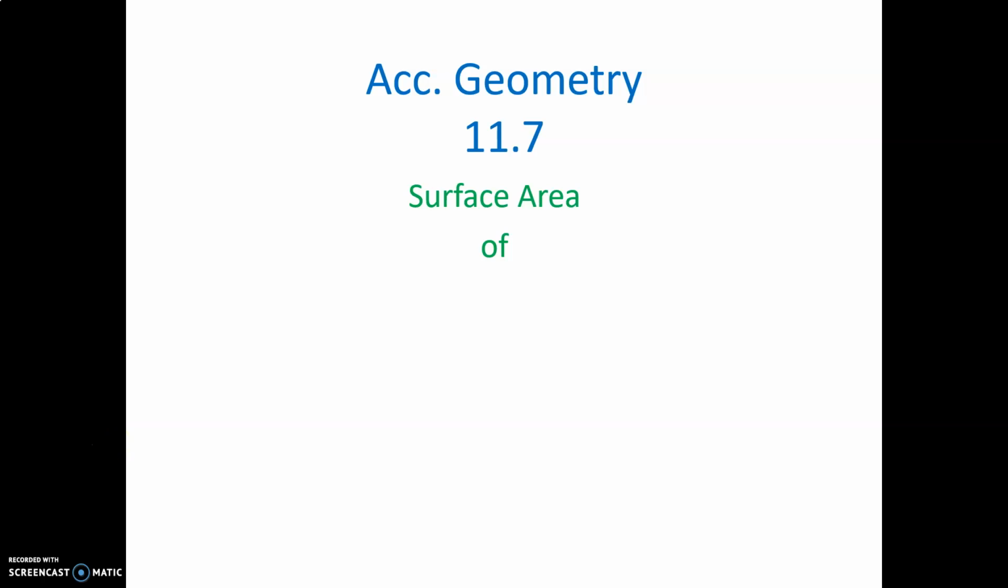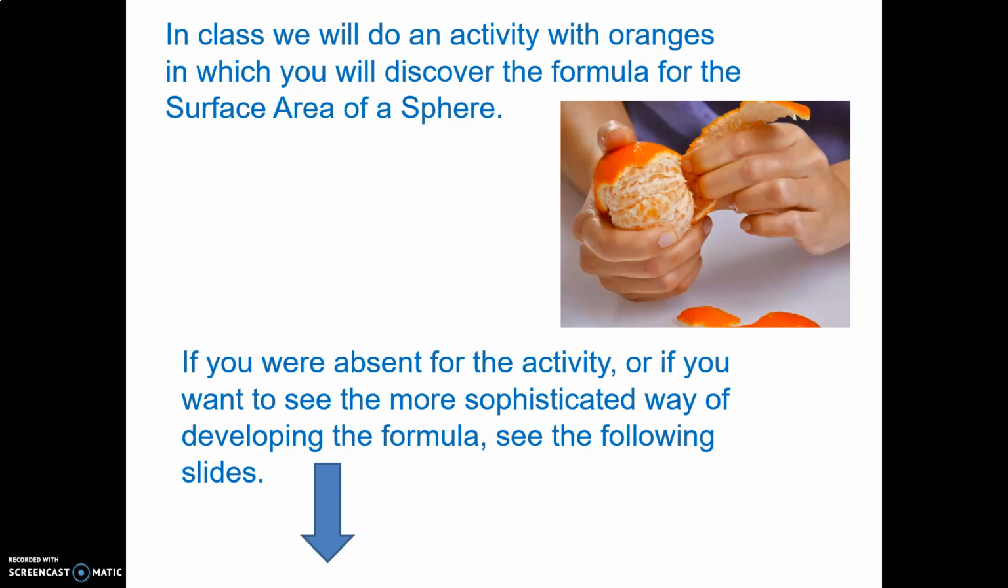Hello, today is 11.7 of accelerated geometry, surface area of spheres. This is another cool thing we were going to do in class today if we had been in school. Every group was going to get an orange, and you were going to measure the great circle, the circumference of the great circle around the orange, and from that figure out what the radius of that great circle was, and